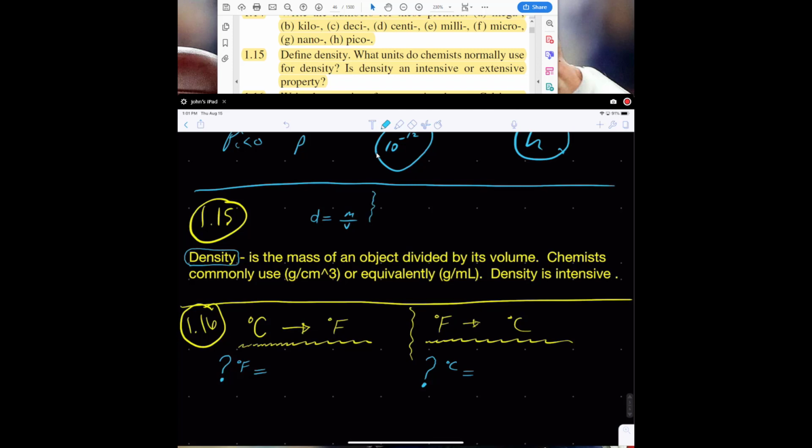So we could write it like this. If we wanted to calculate for mass and we were given the density and the volume, we could do mass is equal to density times volume, right? And then if we wanted to solve for volume,